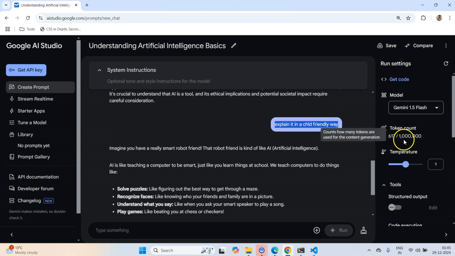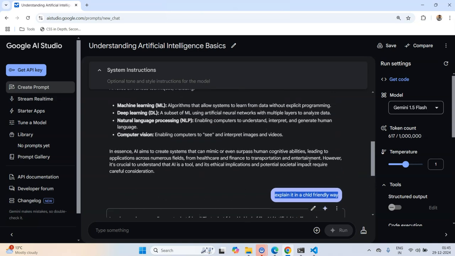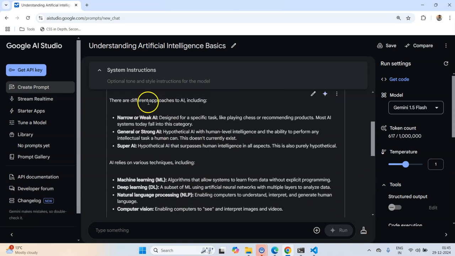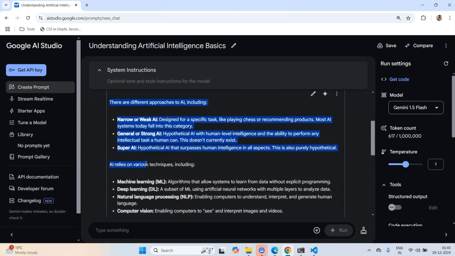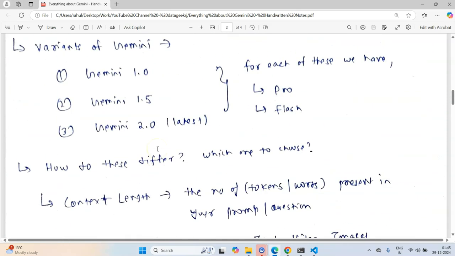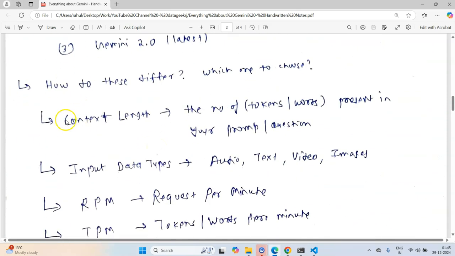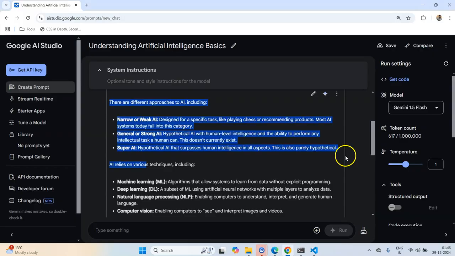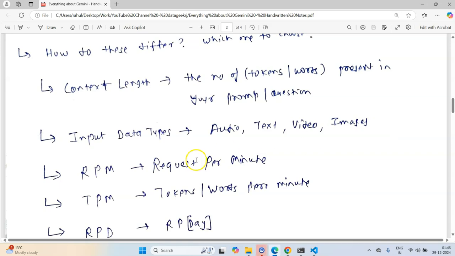Why is it saying 617? Because it is including the number of tokens in the output as well. If you recall, I mentioned that when we talk about context length, we talk about it for both input and output, and similarly we talk about tokens for both input and output. So that is why it is including the number of tokens for both.